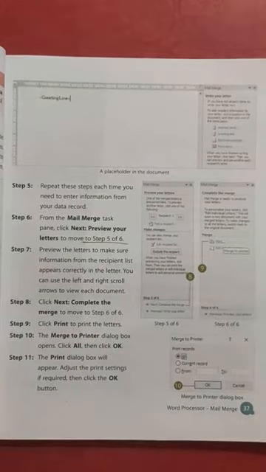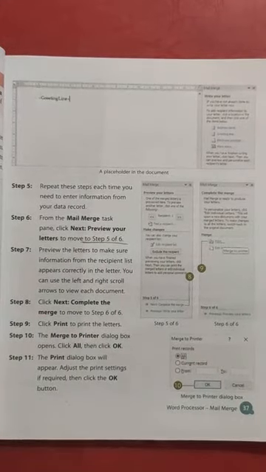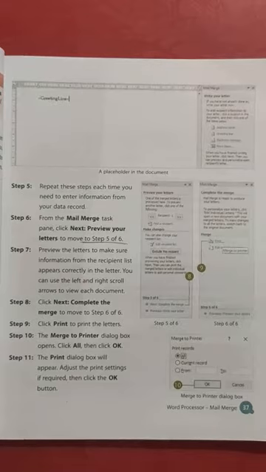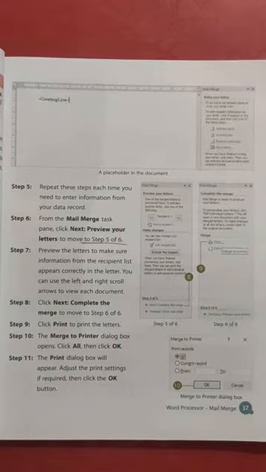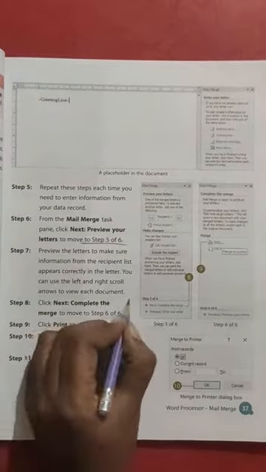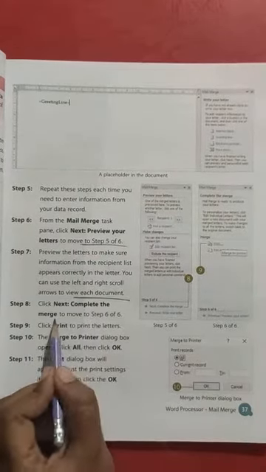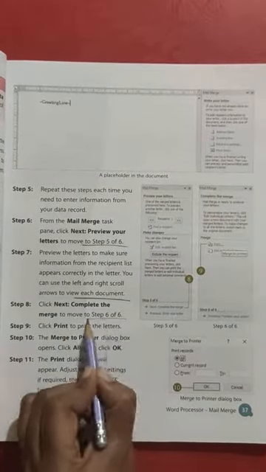From the Mail Merge task pane, click Next: Preview your letters to move to step 5 of 6. Preview the letters to make sure information from the recipient list appears correctly in the letter. You can use the left and right scroll arrows to view each document. Now click Next: Complete the merge to move to step 6 of 6.